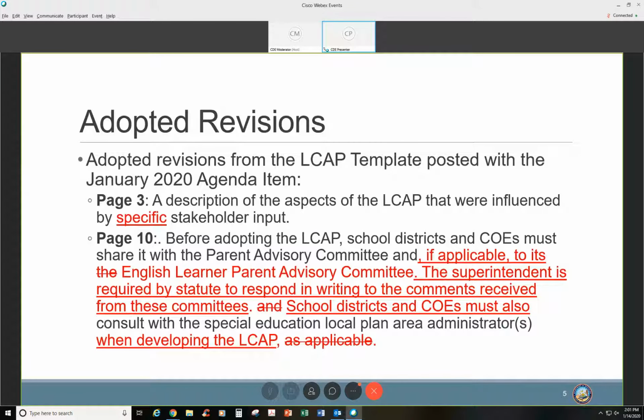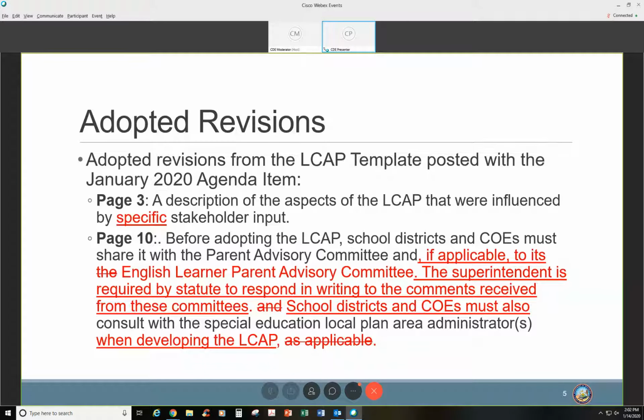So I talked a little bit about that. I stated that there were some revisions that were made that the state board adopted at the January meeting. And just to show, these are the differences in red and underline and strike-through format, to see the revisions that were adopted by the state board. So you can see on page 3, we just added, you'll see that on another page, when we added the word specific, we missed a couple of spots where we should have added it.